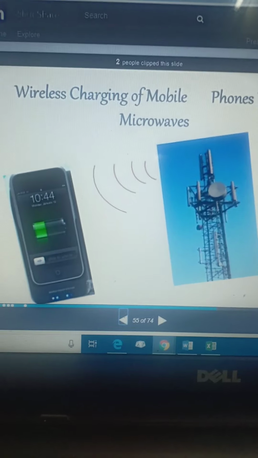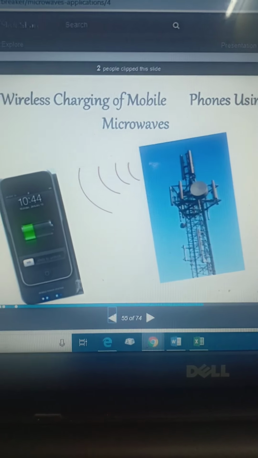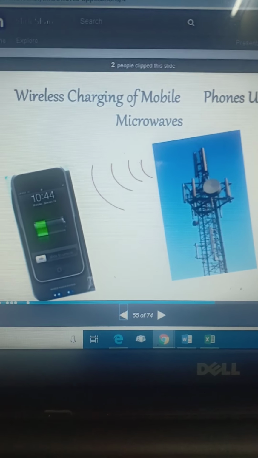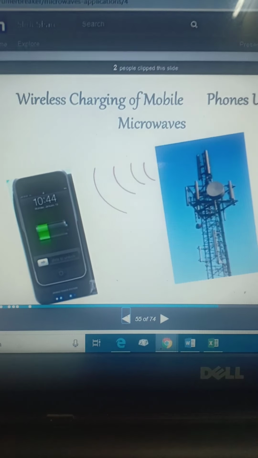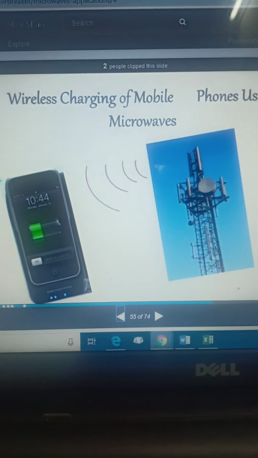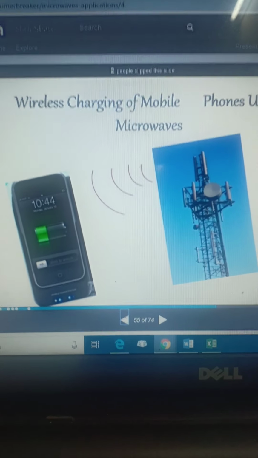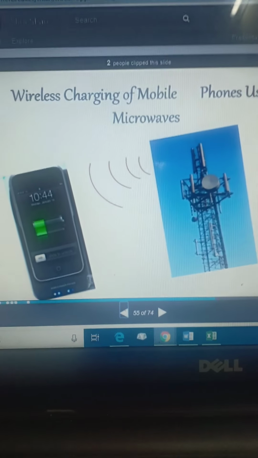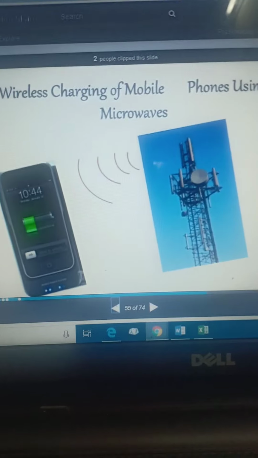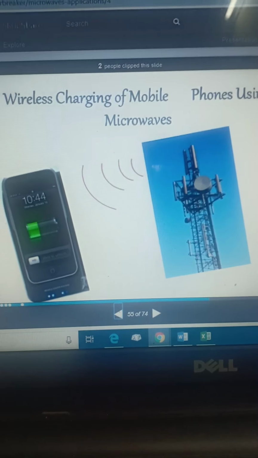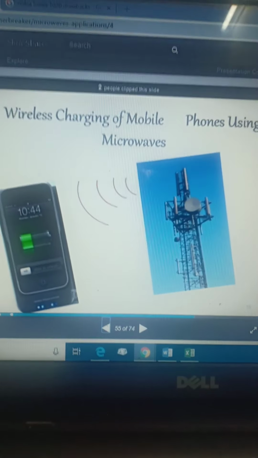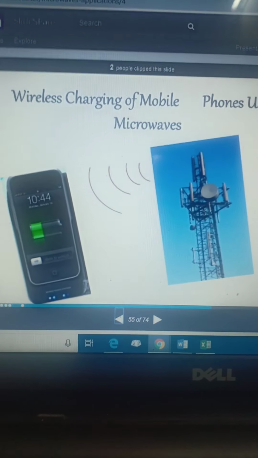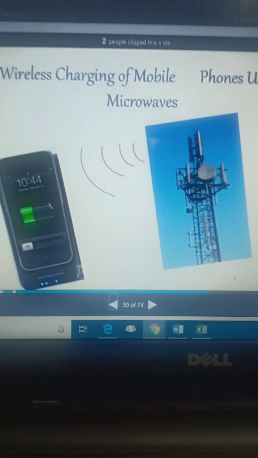Normally, microwaves can be used for charging mobile phones wirelessly, and this technique was implemented by Nokia in the Nokia Lumia 1020 model. But there was a problem with that mobile phone. It was very costly, and moreover, the battery was not user replaceable. Let us discuss this case study problem in detail.